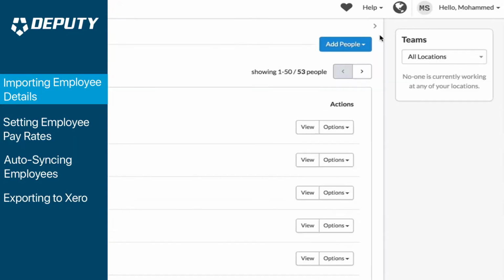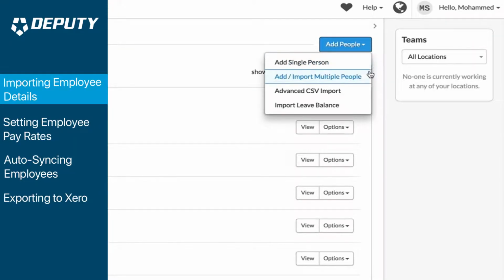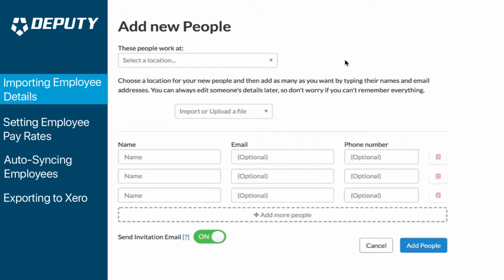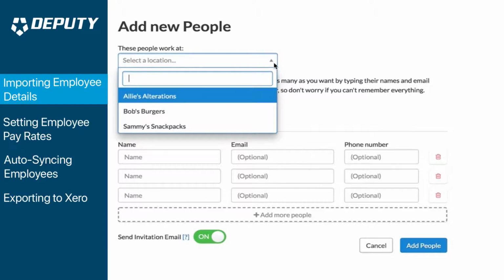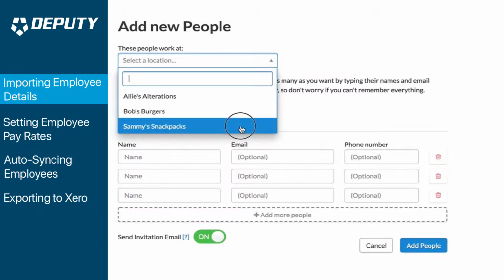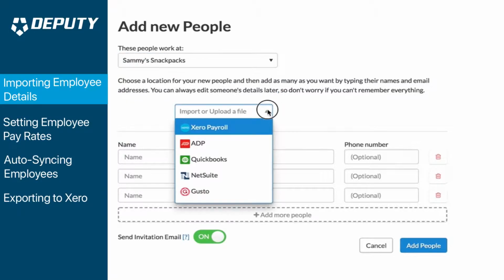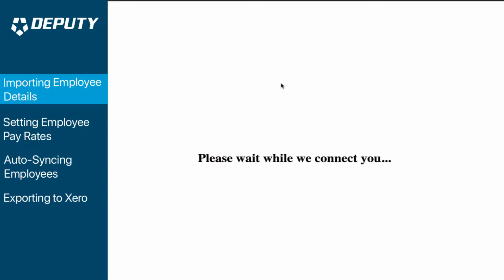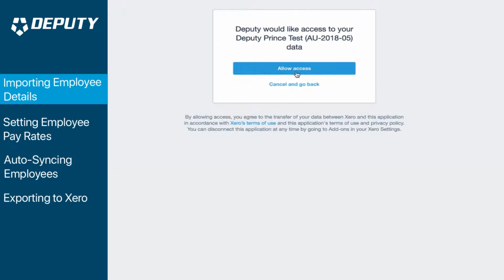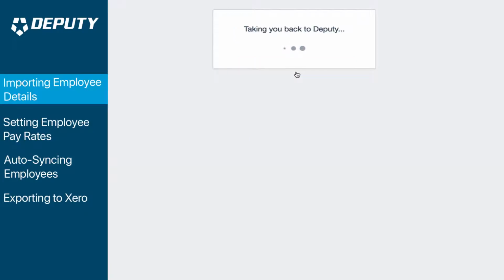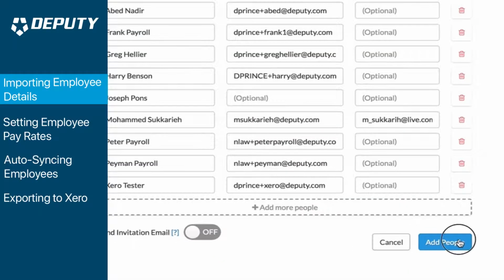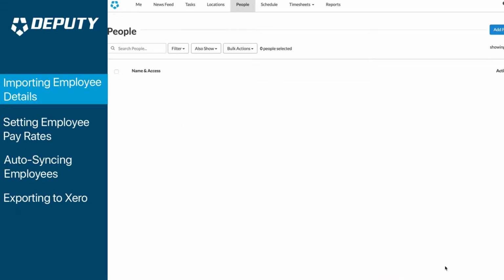To do this, navigate to the People tab in Deputy, click on that Add People drop-down and select Add/Import Multiple People. Select the location you want to import them to, and then under Import or Upload a File, click on Xero Payroll. At this point, you'll be prompted to connect your Deputy account to Xero by following the prompts that appear in the pop-up box. This will import all of your employees into Deputy directly, which you can then go through and manually edit and